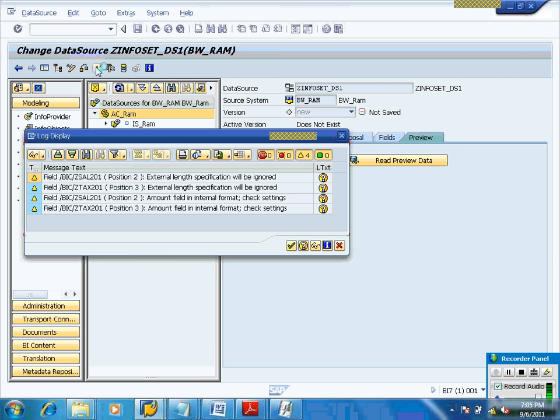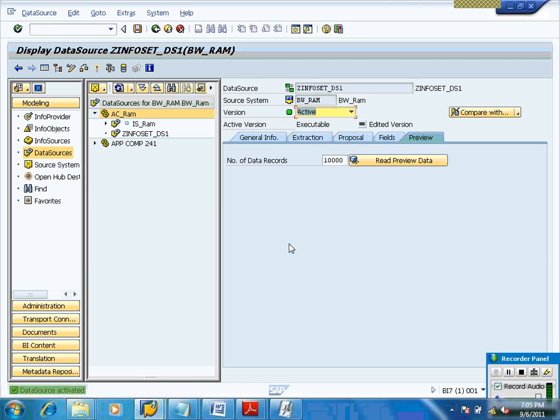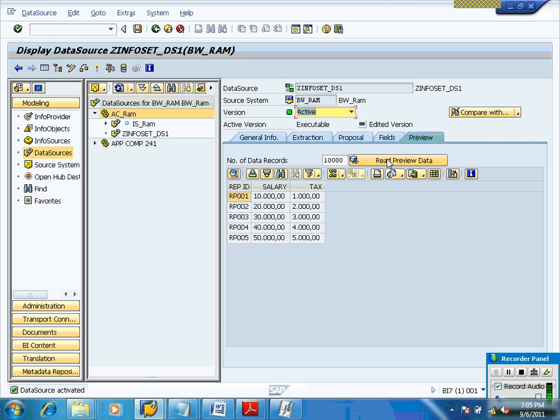Before previewing the data, I create the data source. Then read preview data.